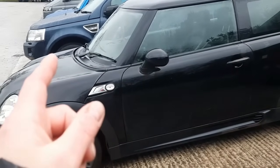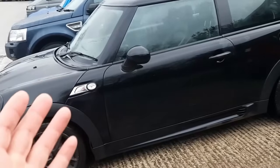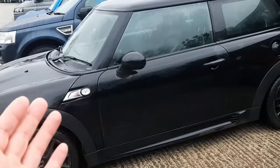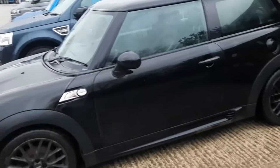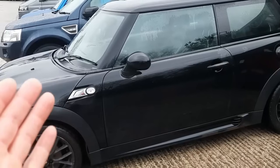If they haven't had the clutch and the flywheel done, if they haven't had the timing chain done, if they're say over, well, I'd say even over 30 or 40,000 miles. But Auto Trader doesn't allow for putting that kind of thing in. I can put the information in the text, but I think my car should be more expensive than the average across the UK for the fact that that work's been done. I would intend to advertise this for £500 more than Auto Trader said, because I'm giving